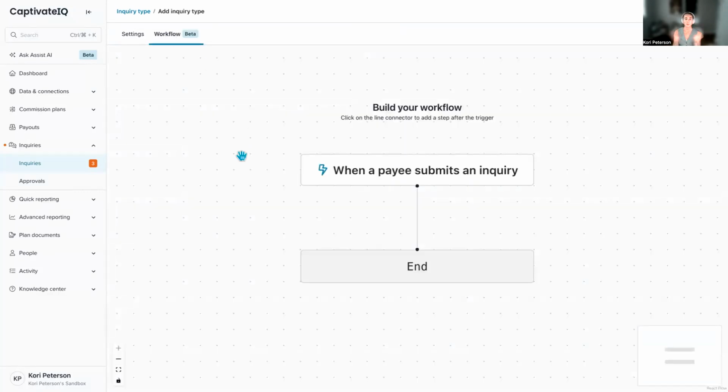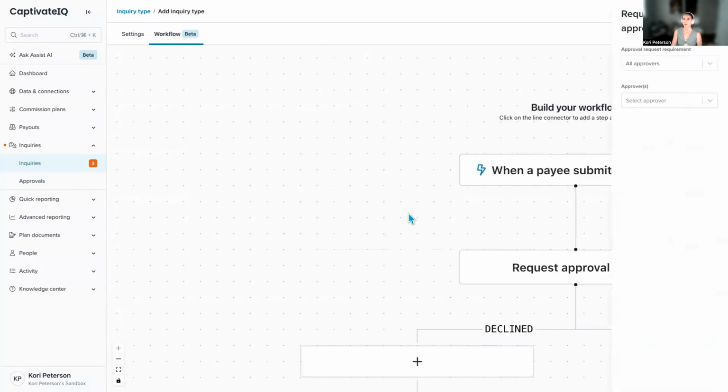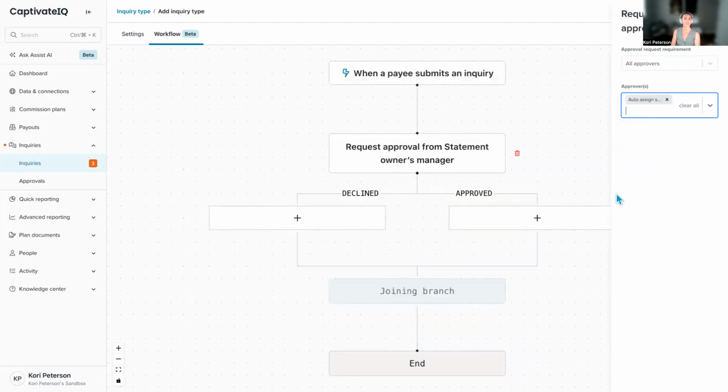And then once you have your type and your fields, it's time to actually create that workflow. From this workflow, by default, it just says when the payee submits an inquiry, that's all there is to it. But if you click on this line, you can add in additional approvals and recipients as well. So, let's say for this exception request, I want to bring in the manager or a specific person, then I can auto assign this to the statement owner's manager,